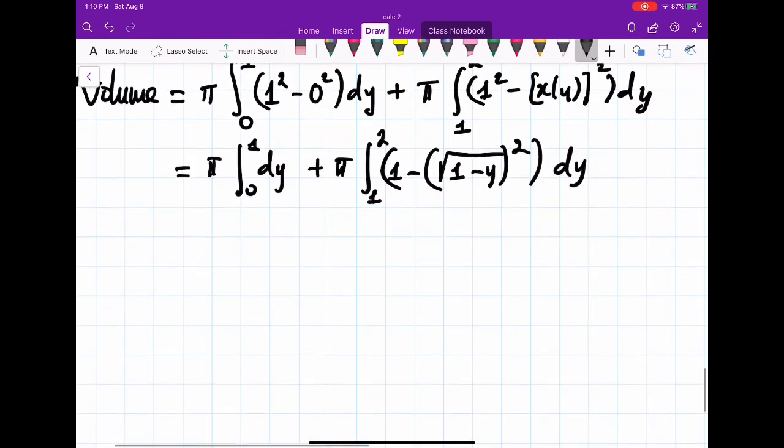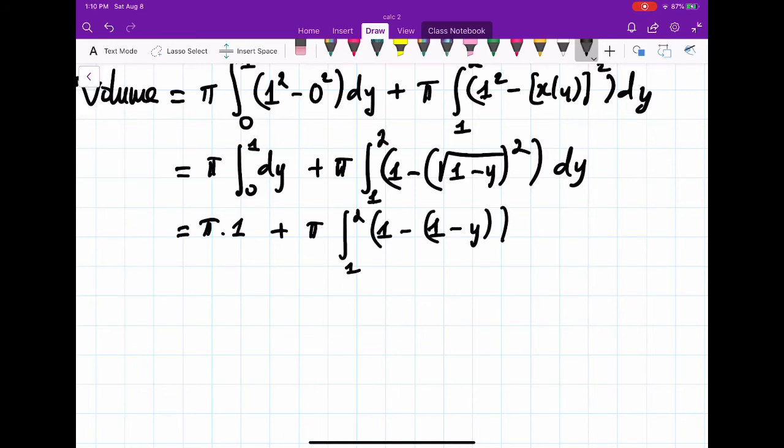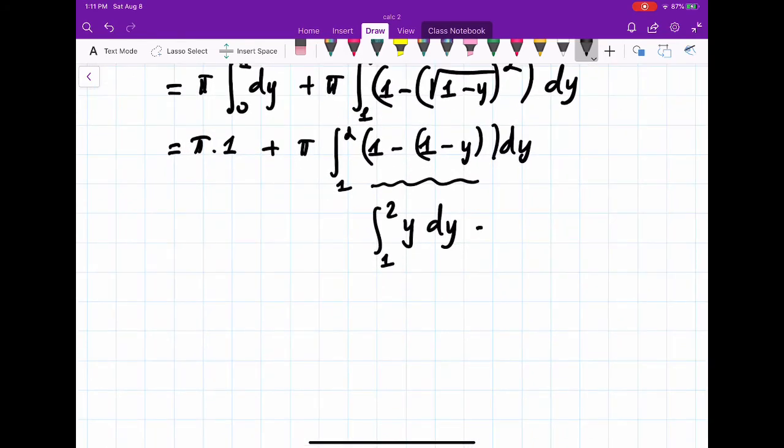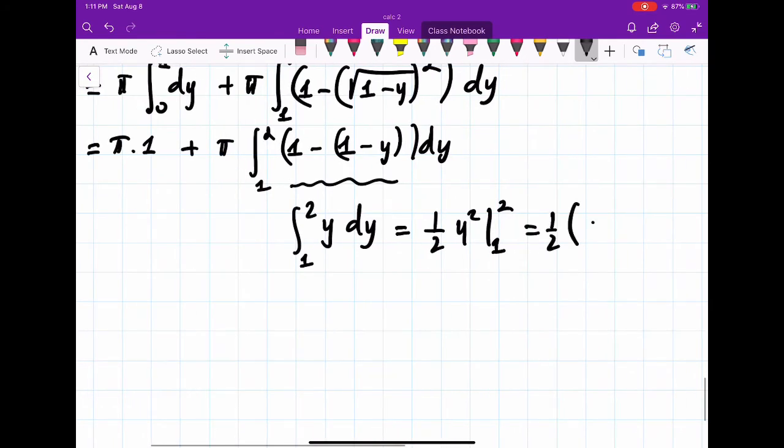Now let's solve these integrals, and we have what we need. The first integral is pretty easy, that is pi times 1, right? The second one, let's see, integral from 1 to 2 of 1 minus (1 minus y), and then dy. So if you simplify this, you will get just the integral of y from 1 to 2 dy, right? Let's find this separately, and then that is 1/2 y squared from 1 to 2, and I have 1/2 times (2 squared minus 1 squared), so I have